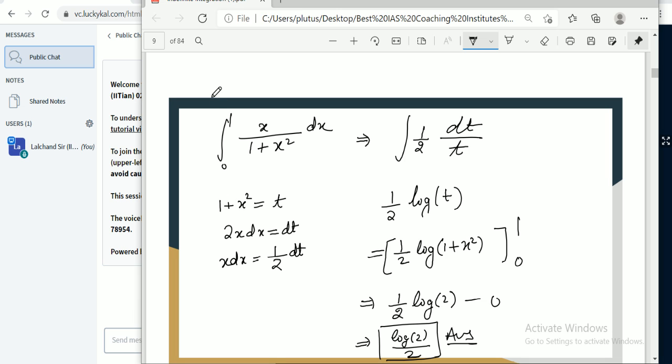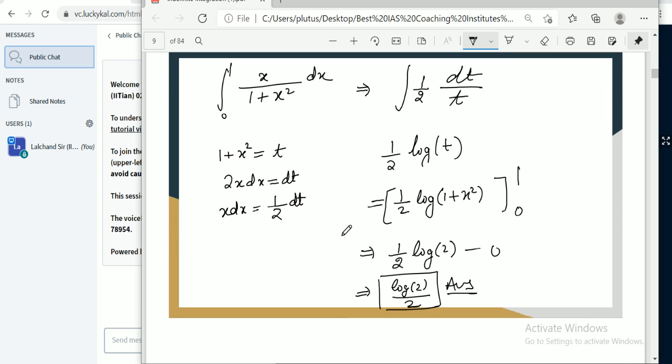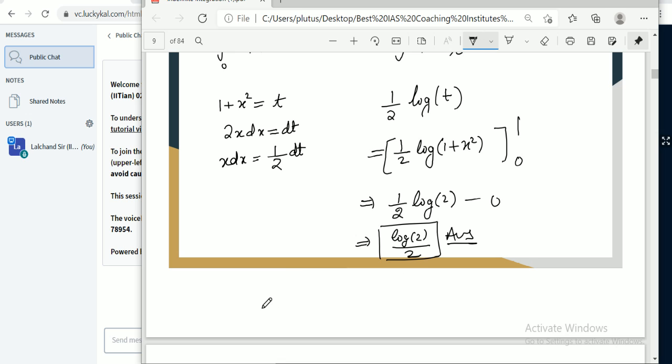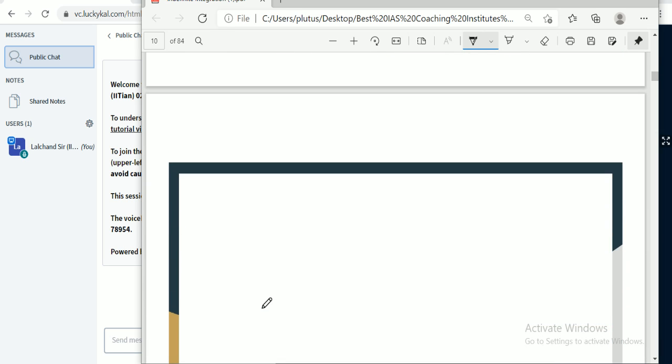Okay, fine. So I think there is no problem in this section. So let us try to move forward. So let us try to solve a few things. Okay. So we have a question here